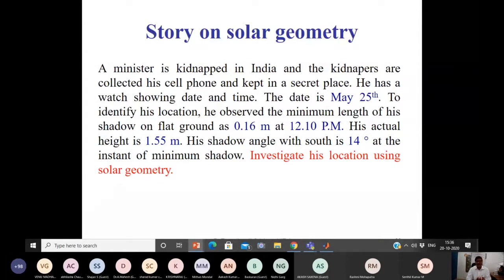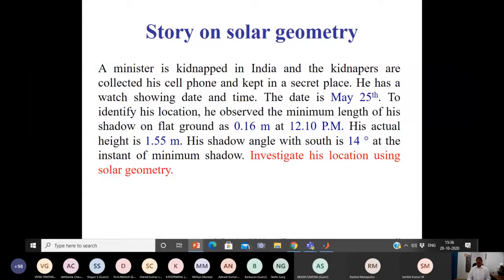Now the person doesn't have any phone to convey his information, that is, the place information. But he is able to identify the location by observing the sun motion. In the olden days, they designed clocks and so on, including the geography. What he did was, from sunrise in the morning to evening, identify the minimum shadow. The first is the minimum shadow length, and the corresponding time, 12:10, is the corresponding time.